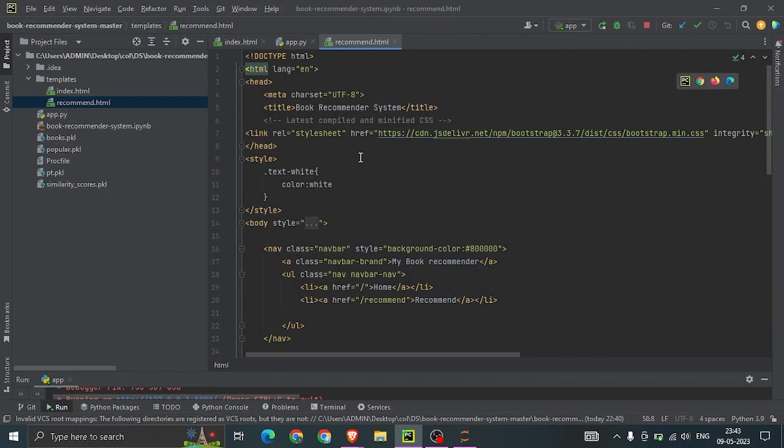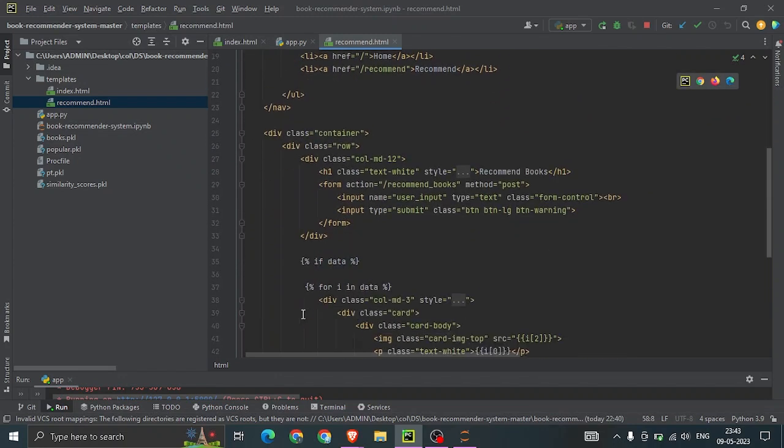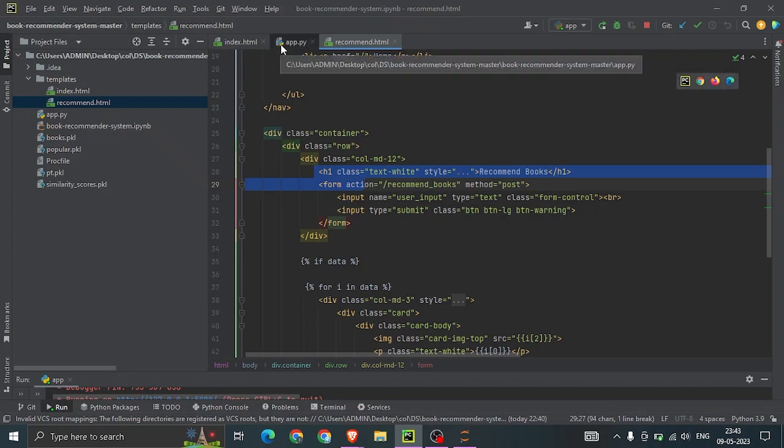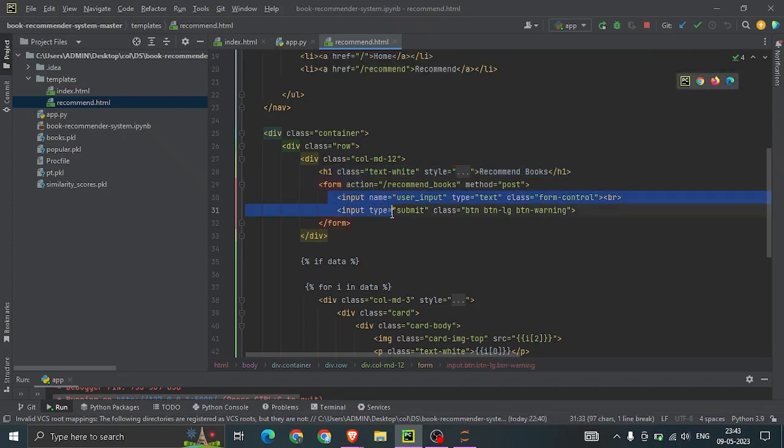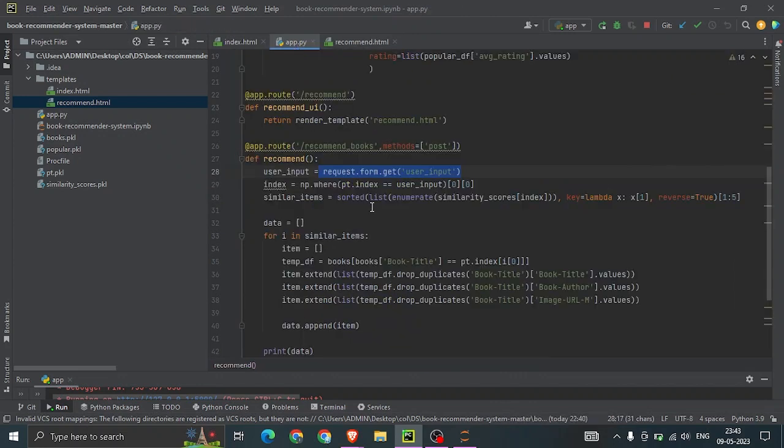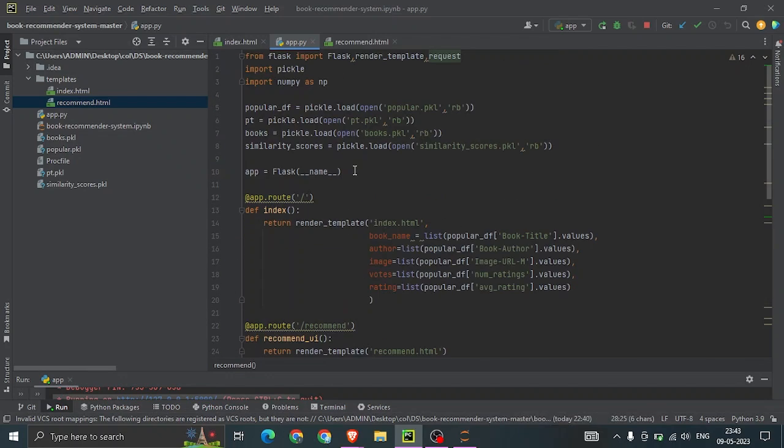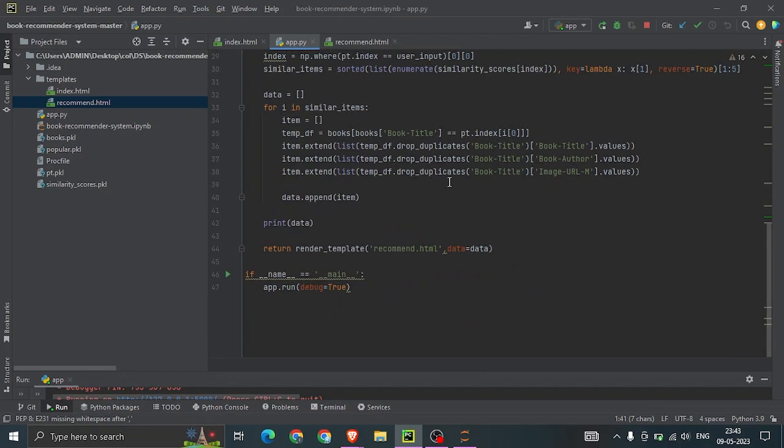In the form action we take the user input, and this user input is taken using the request function. So here we are importing request also, so that we can use the user input which is taken in the form.